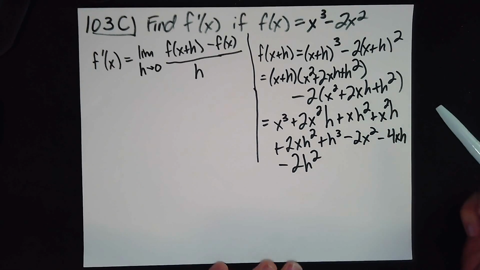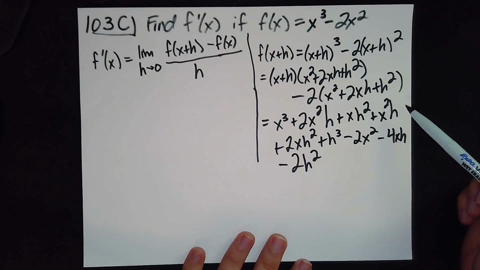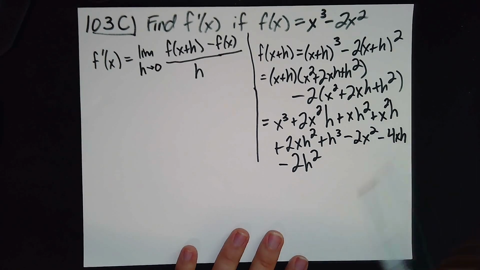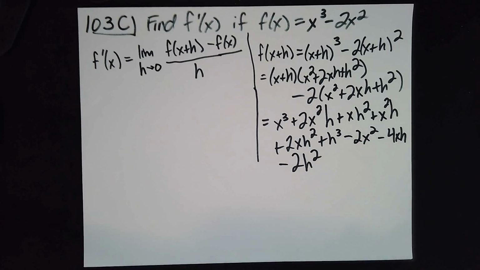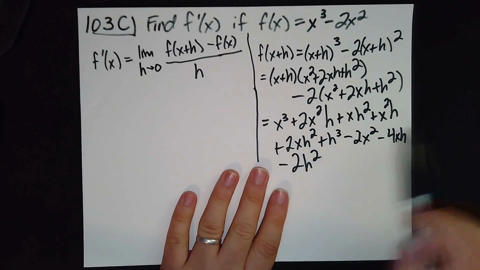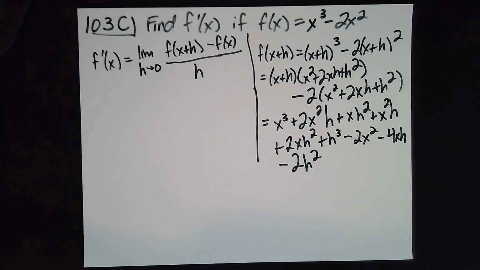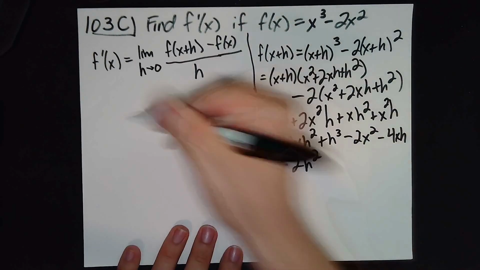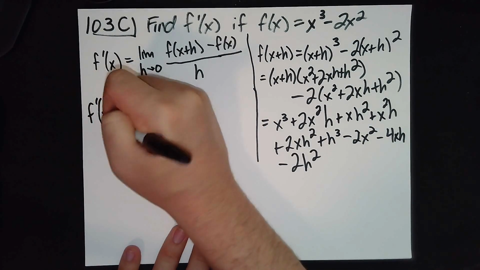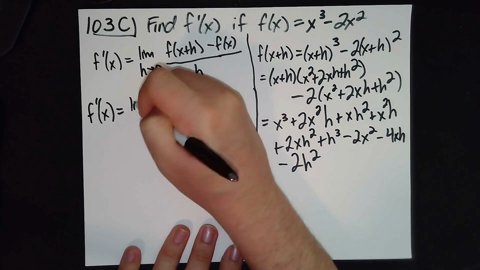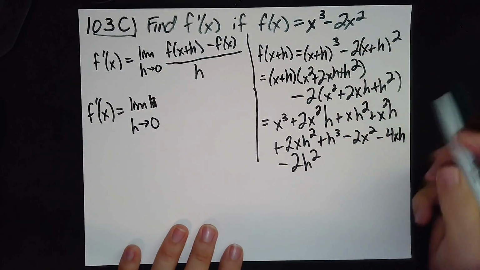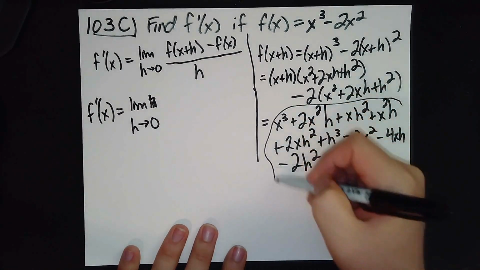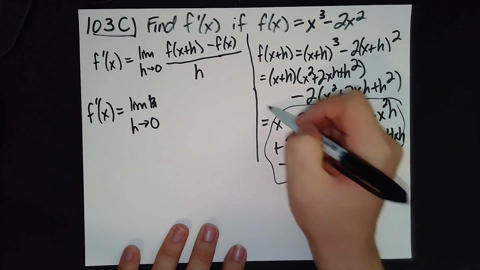Okay, and here we do have... Oh, maybe we don't actually have any terms to combine. I was thinking maybe we'd get some terms to combine, but I don't think we actually have any. So we have this mess. So now when I go to find f prime of x, it's the limit as h goes to 0 of all of this. I'm just going to draw that with an arrow,